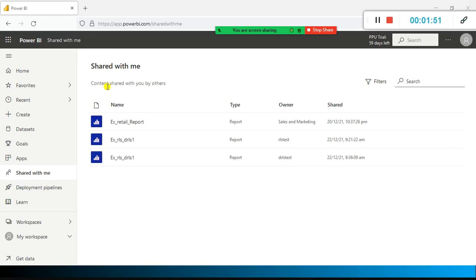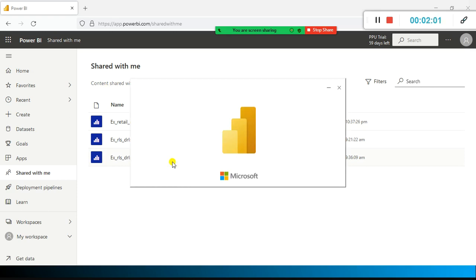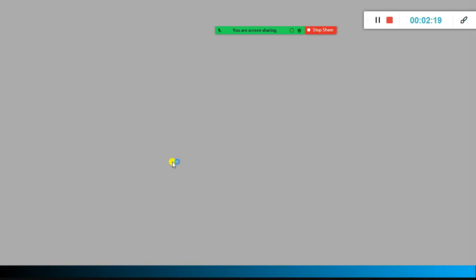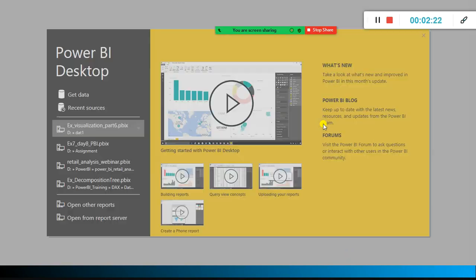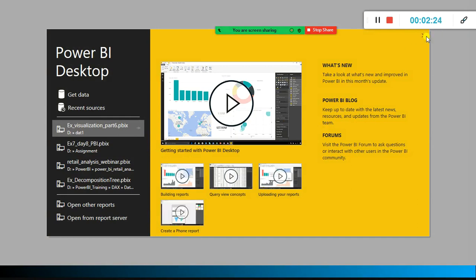Supposing you are a manager, project manager, or the client or the customer, they are giving you a bunch of files. For example, they are giving you weekly sales related files. Let's say they've given you 4 weekly sales files and they ask you to consolidate all the 4 files and then start generating the reports. Okay, so your job, the first step, is you need to combine all the data set.